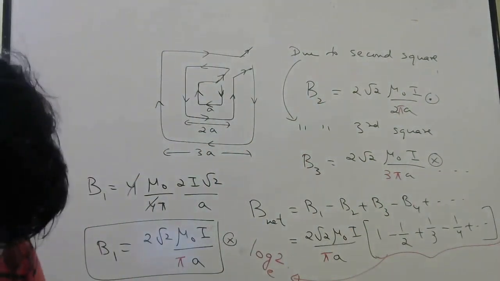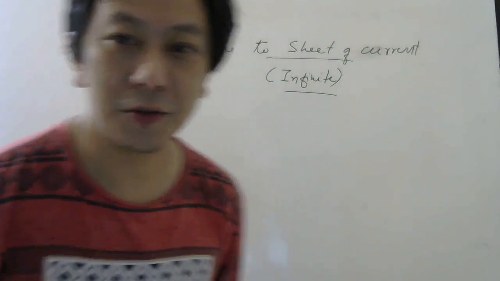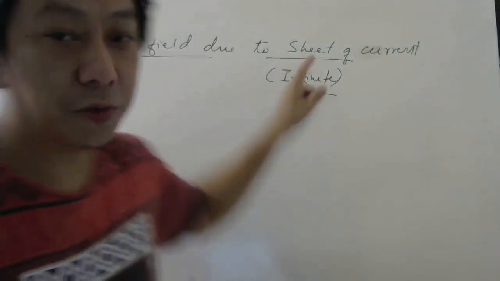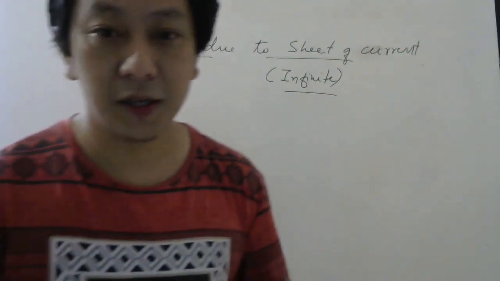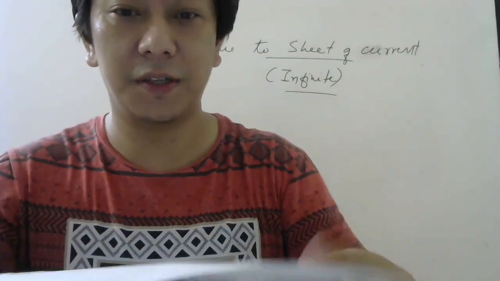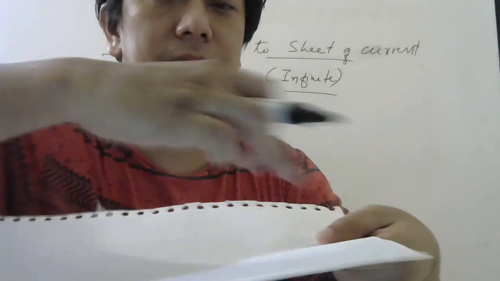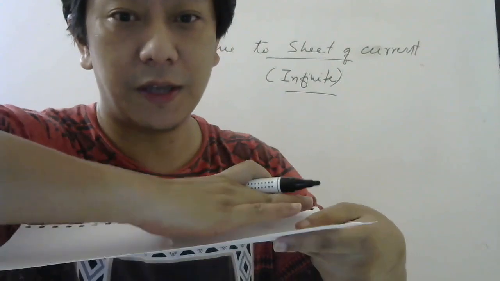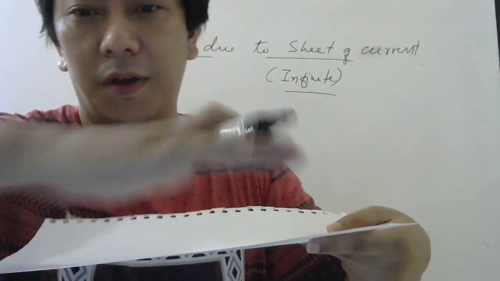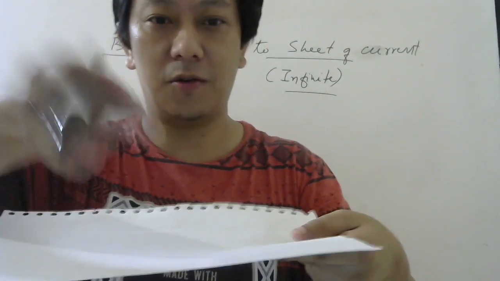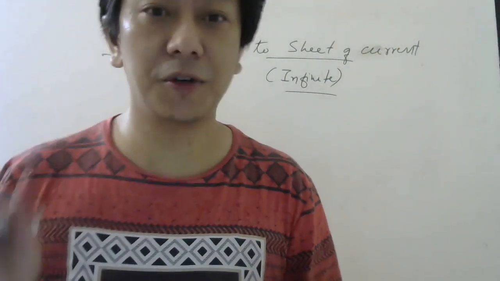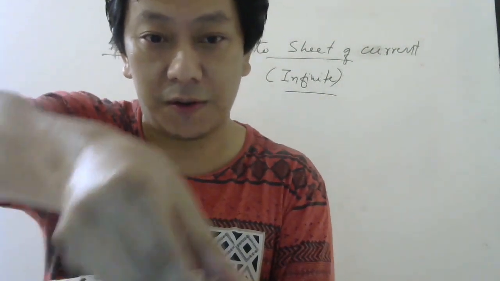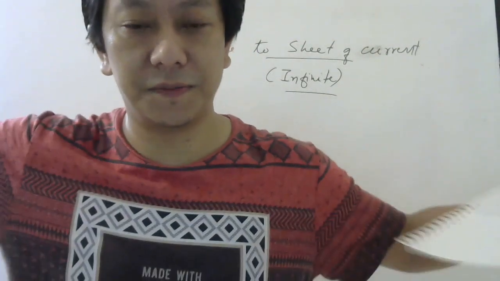So the option. Okay, one last topic I want to do, and that is the magnetic field due to a sheet of current, which is an infinite sheet. So you have to think, if this kind of sheet of current is given. Imagine the current is coming like this towards you. The current is along the sheet, and we want the magnetic field somewhere here or maybe here. So what will be the magnetic field at a point due to a sheet of current? Remember, the current is flowing this way. Imagine an infinite sheet.